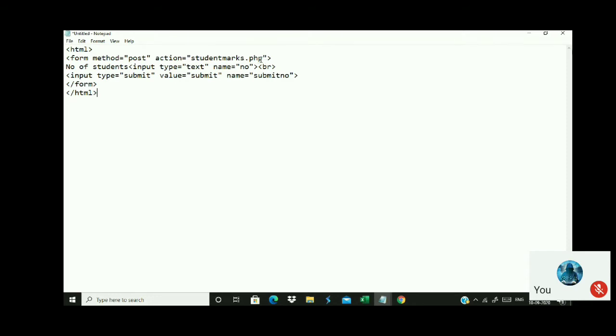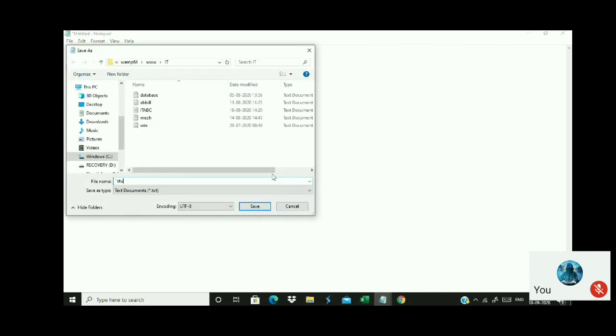If even one line of PHP code exists in an HTML file, that file should be named with the extension .php. So I name this file studentmarks.php. Listen carefully.